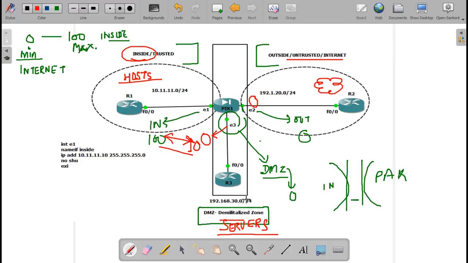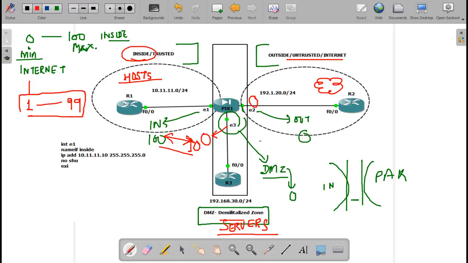So your security value for DMZ zone should be from 1 up till 99.